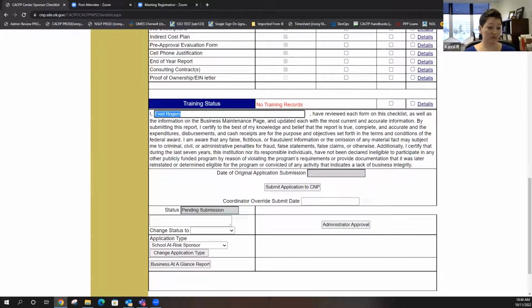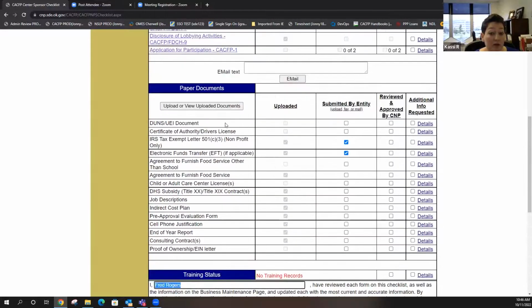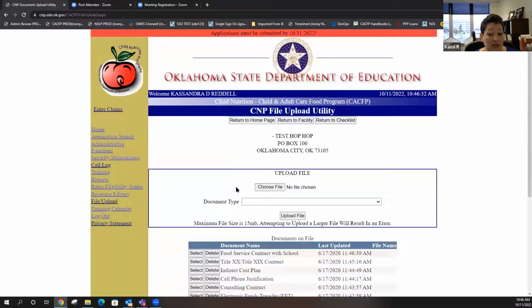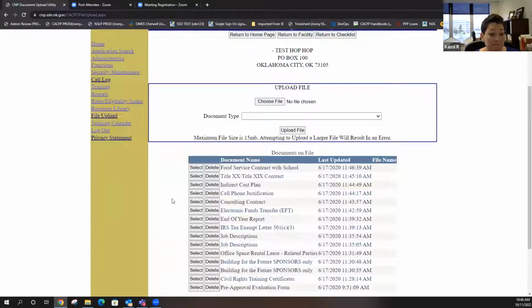Marissa, you're a public school, so unless you are with a food service company, you wouldn't need anything. Do you prepare your own meals, or do you have a company that does it? Okay, so then you would already have an approved RFP on file on the NSLP side, and we would need a copy of that. It likely might already be in your uploaded documents, so you should go and take a look and see what's in there.